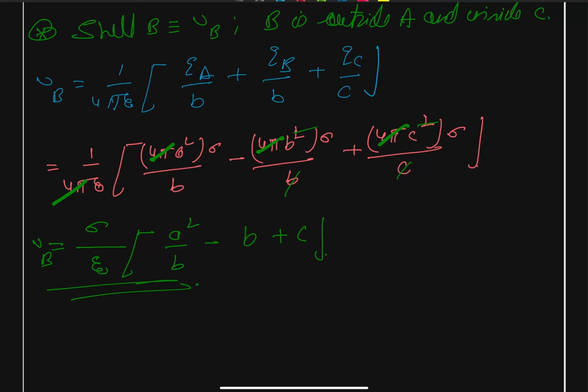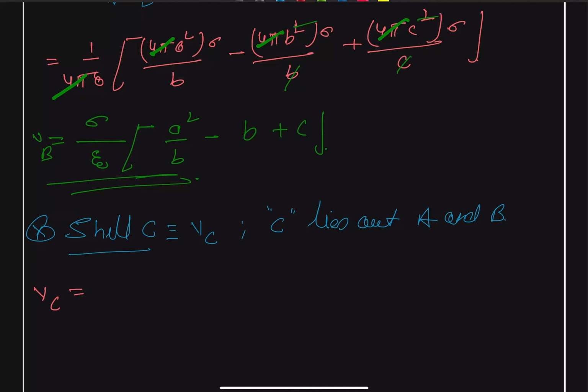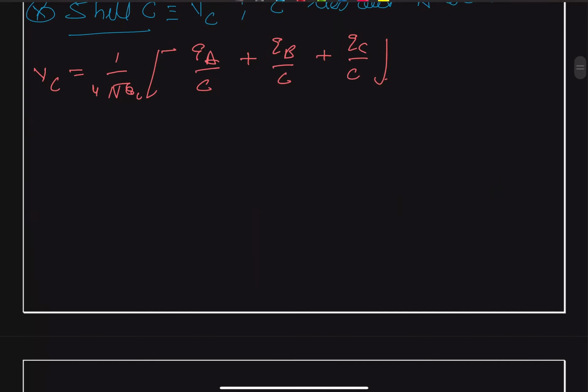Now we come to our shell C. Shell C, let us call that VC, and shell C lies outside shells A as well as B. You can say C lies outside A and B. Therefore, we can say our VC will be equal to 1 upon 4 pi epsilon naught, into QA upon C plus QB upon C plus QC upon C. We substitute QA, QB and QC,